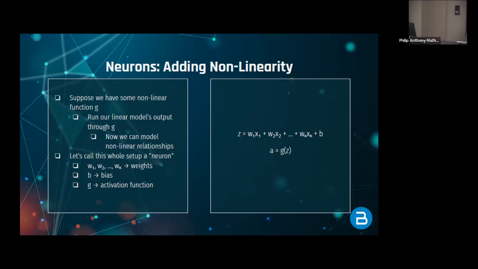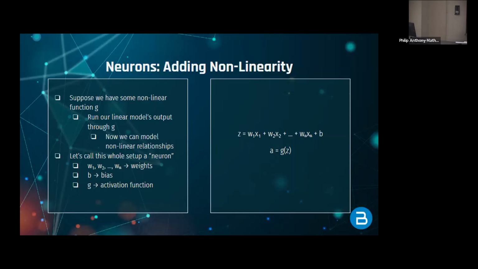No issues there. But if we're trying to model something more non-linear, we can set it to something that is non-linear, like x squared. Commonly, none of the functions I'm about to say are ones that are used. You use hyperbolic tangent and sigmoid and other weird things like that. But that actually isn't too important for understanding what a neural network is. You just need to know that it's some sort of function that allows you to take your linear model's output and map it to some sort of non-linear relationship. So we have this intermediary that allows us to model these non-linear relationships that we see.